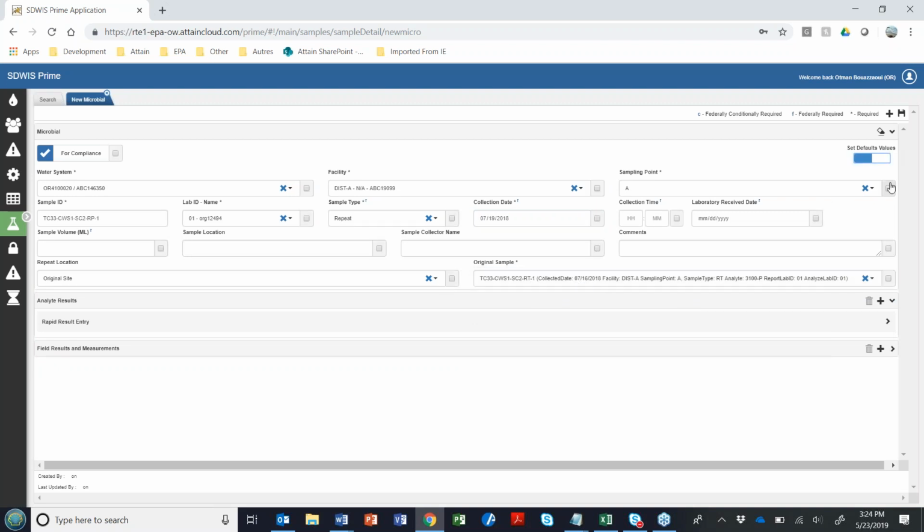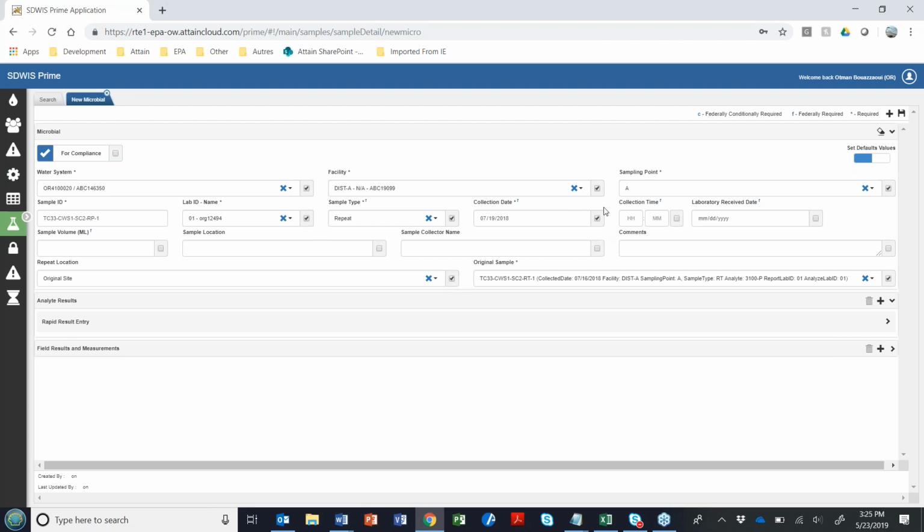And because I'm going to enter 2 additional samples that share almost the same information, except for the sample ID, obviously, I'm going to use the set default values widget here. So you see, once you turn that on, checkboxes will be displayed next to each field. And if you want to carry that field forward to the next sample that you're going to be entering, you can just go ahead and check those boxes.